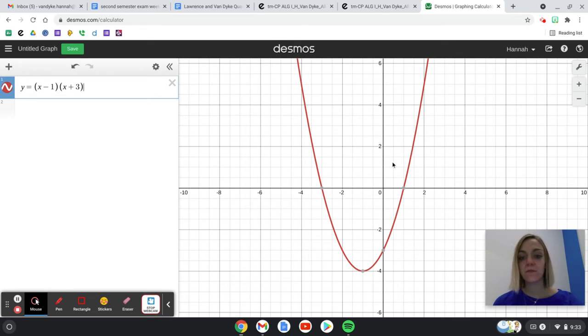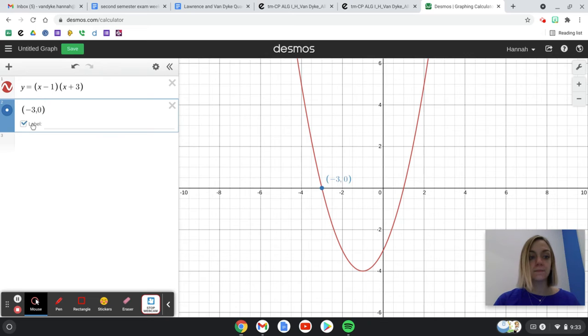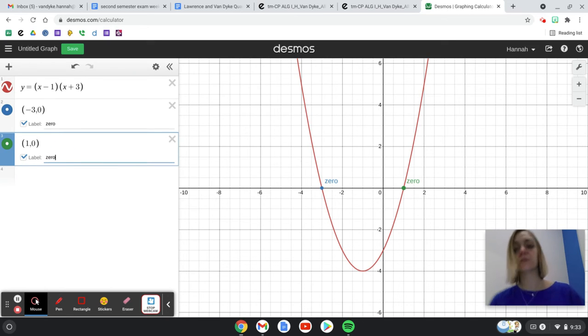So easiest part first are my x-intercepts or my zeros. This is just where the graph crosses my x-axis. So these 2 points where my graph crosses the x-axis, those are my x-intercepts. I'm actually going to come over here and label them just in case that's useful. So I'm calling them zeros. You could call them x-intercepts, solutions,